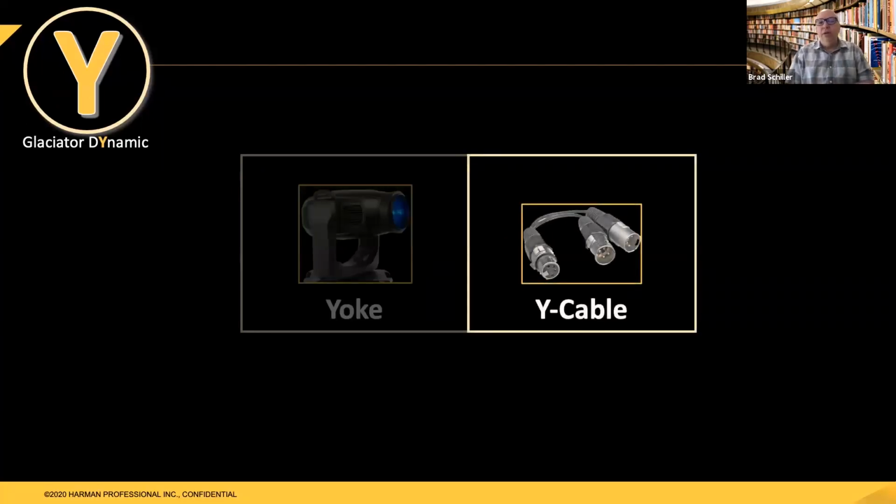A Y cable is a cable that splits a single connection into two. Typically, these are used with data. So you have one connector that breaks out into two, and that might be useful if you have certain types of things you're trying to split into multiple connectors. However, never use a Y cable for DMX. Never, ever do that. It's very bad. You need a proper DMX splitter or opto isolator or opto distribution device, something like that. Do not use a Y cable for DMX.